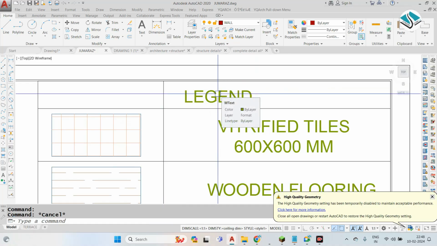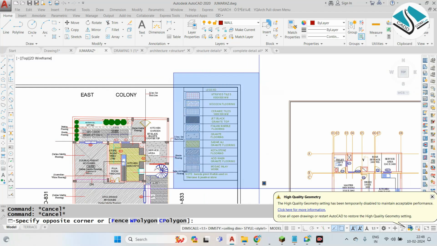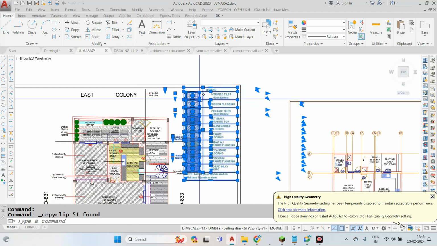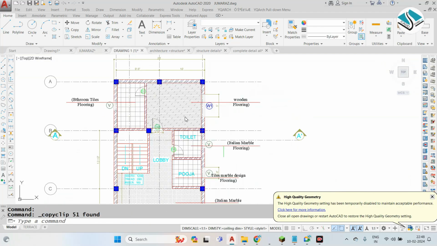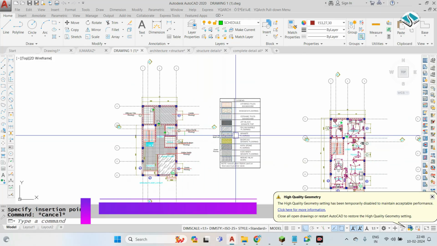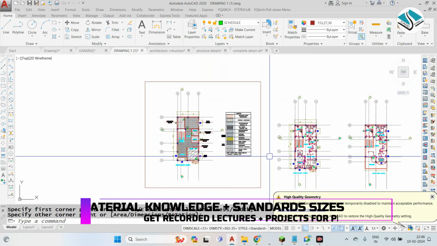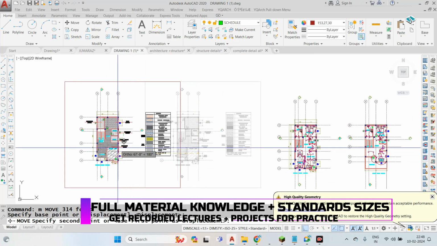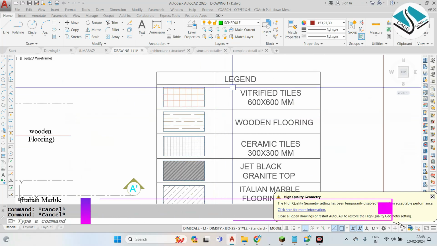So you can say finishes, the material legend. You can create your own, copy and paste. The important thing is